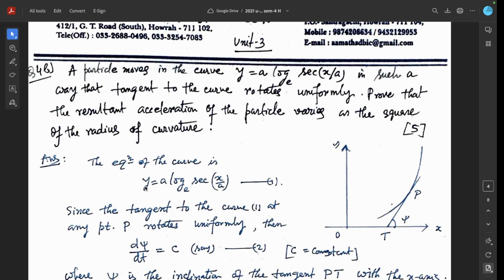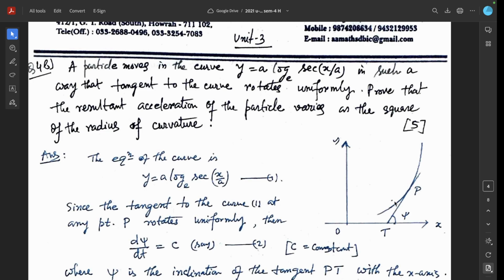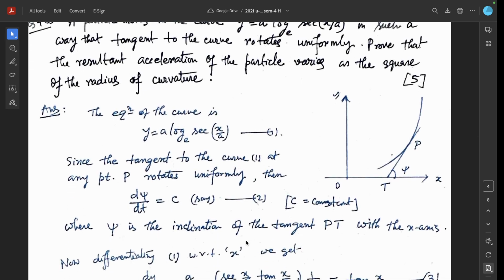The equation of the curve is y = a log sec(x/a), to the base e. This is the equation of this curve. Since the tangent to curve 1 at any point P, this tangent PT, rotates uniformly, dψ/dt equals a constant C, where ψ is the inclination of